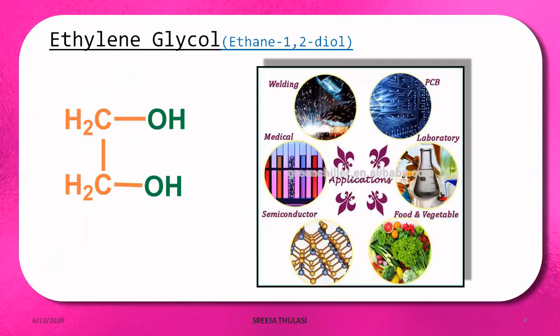Dihydric alcohols, as we have already seen, are compounds containing two hydroxy or OH groups in the molecule. A common example is ethylene glycol, CH2OH-CH2OH. Its IUPAC name is ethane-1,2-diol. It is an industrially very important compound as it is used in the preparation of several important organic compounds like